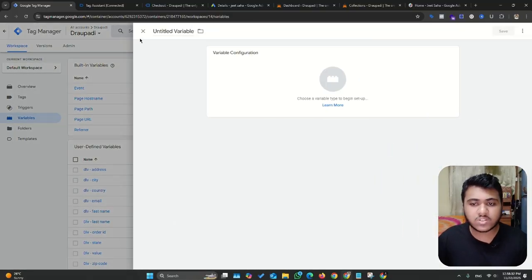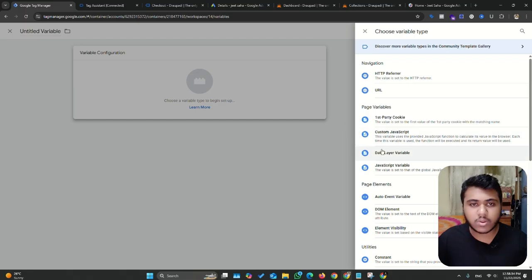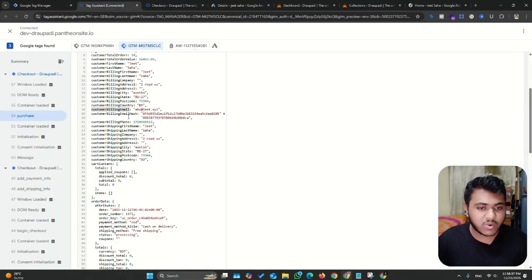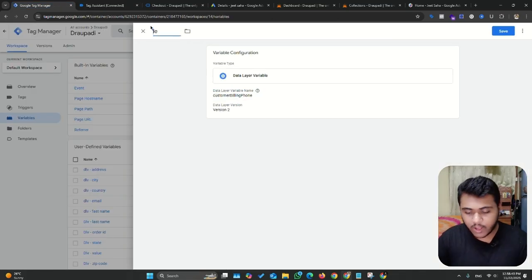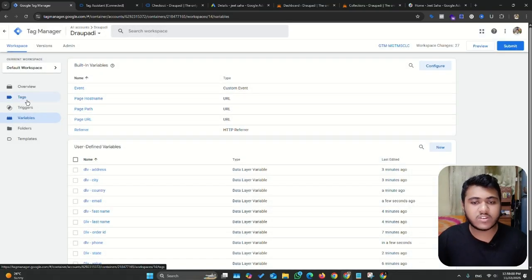And our last custom data layer variable will be customer billing phone, and we can name it data layer variable phone. Yeah, now we can create the tag,